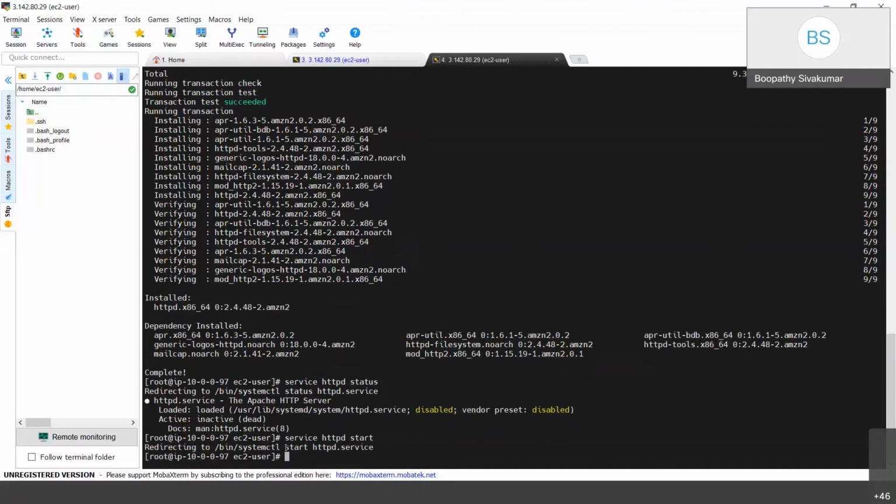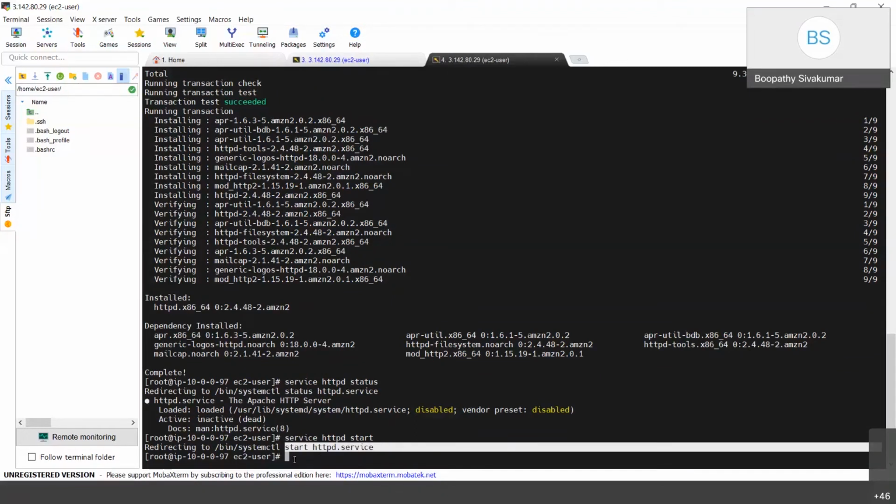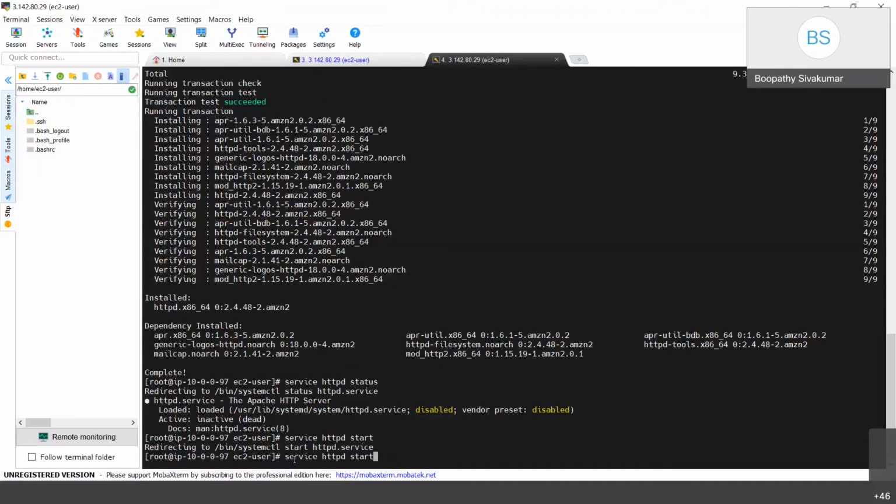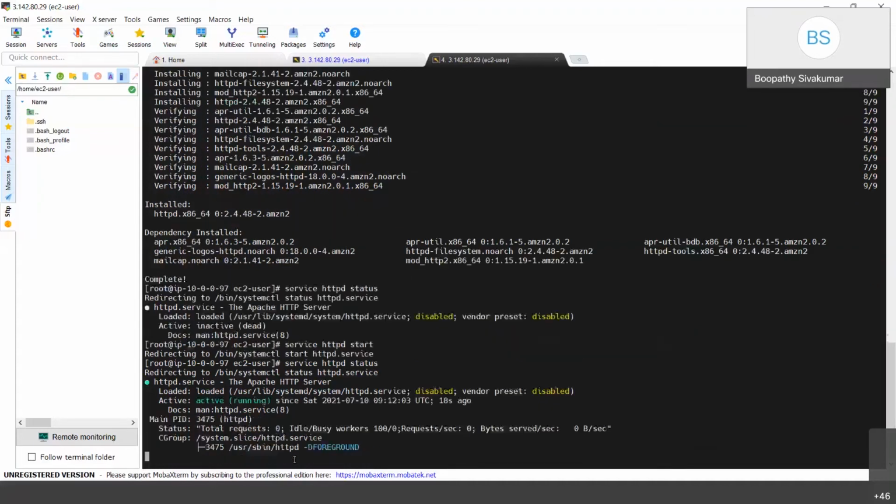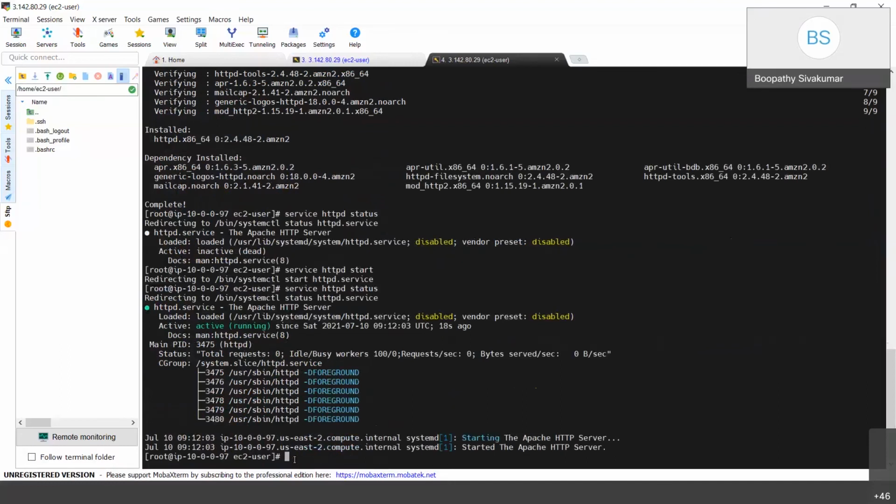Now select the up arrow, go to status, give enter. Now, if you see, the service is active and it is running, and now it is accepting the connections.